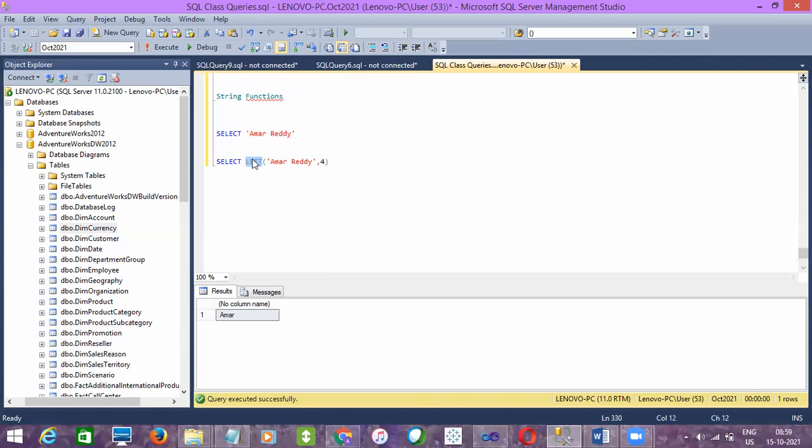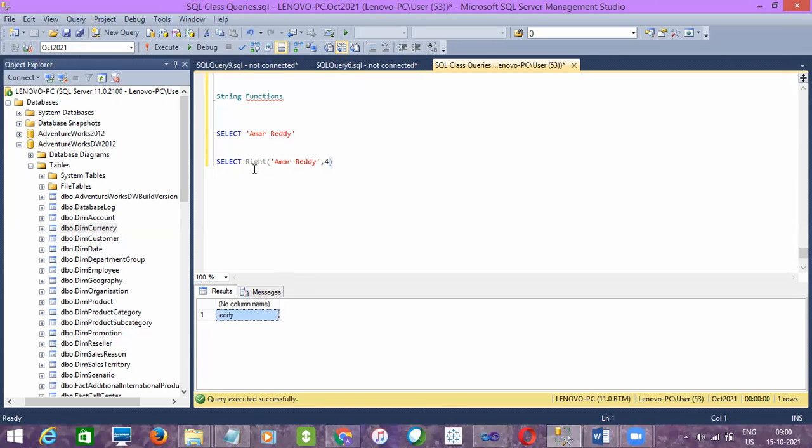And similarly, there is a function called right. Both left and right will accept 2 arguments. The first argument is the input string value. Either we can give a column here, and if you give a column, then you have to give FROM and the table name. Since we are using hard-coded values, we are not providing any table as input. So select right of the provided string and the number of characters you want to fetch from the right side. If I execute now, the output will be EDDY. Why? Because I mentioned only 4 characters.